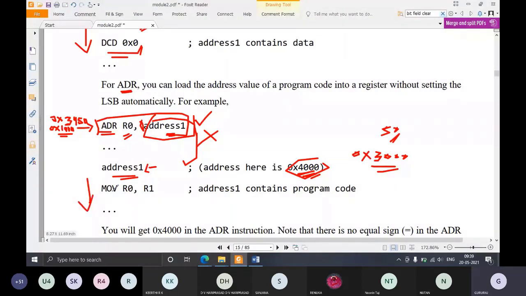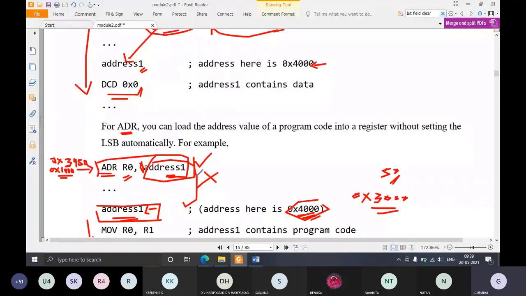That means a program starts after this label. Even though address 1 is a program address, 1 will not be automatically added to the LSB. So R0 will have the contents equal to 0x4000 only.